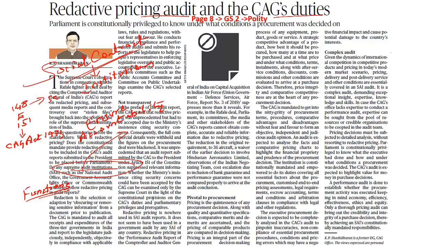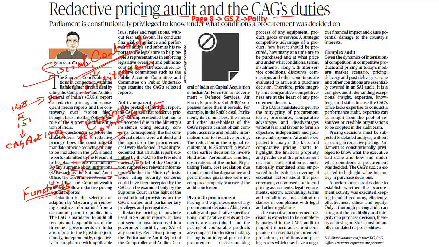So the main objective of the CAG report is to truthfully report to the legislature to help it exercise effective parliamentary oversight and control over the executive's accountability and use of resources as per the laws and rules laid by the land. So what is it doing? It is checking all these important documents and coming up with a report, and this report will be given to the legislature, and it is this legislature which will question the executive about the role and its outcome with respect to a policy as well as a program.